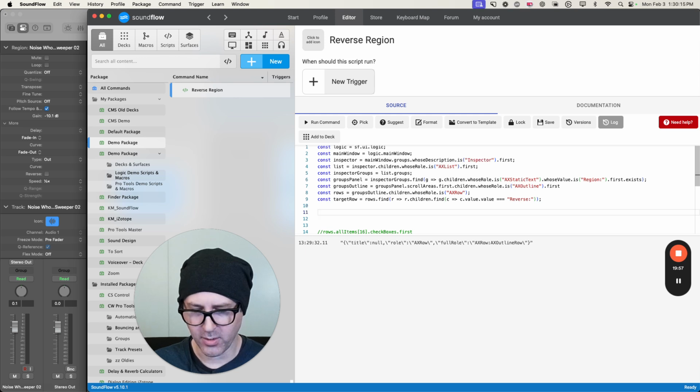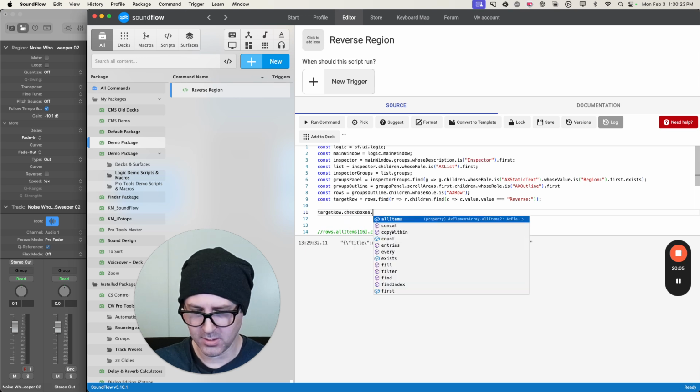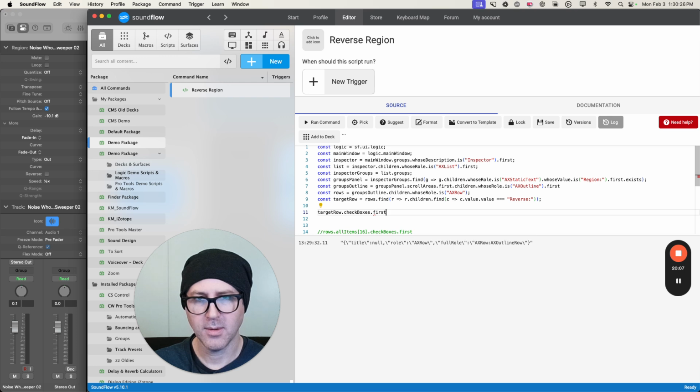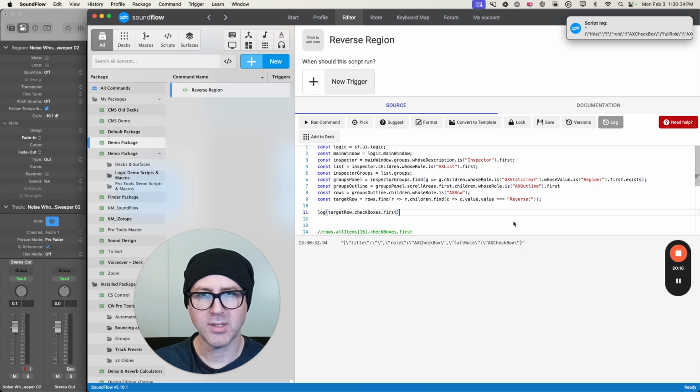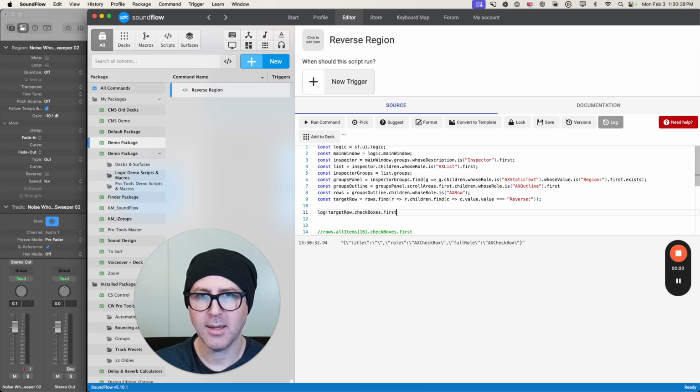And now if I go target row dot map checkboxes dot first, that's going to find the checkbox that we want. So if I clear out the log and run this again, we've got the checkbox. So now if I was to say element click for that checkbox and run this,